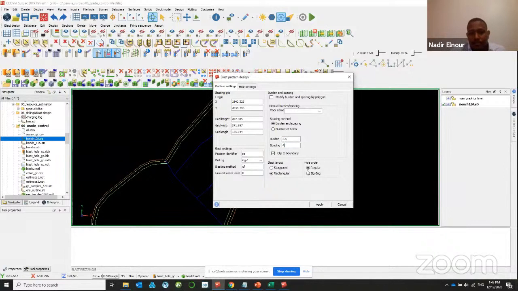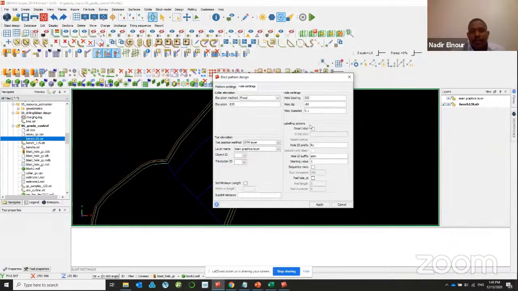Example 4. You can get the data. Here you can fill in the information. Here you also need to fill in the hole bearing. So the blast hole is just vertical. Bearing is 0, it's minus 90. The hole diameter is set. The hole diameter is good for calculating the